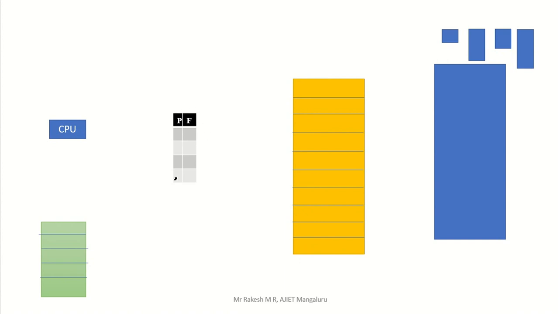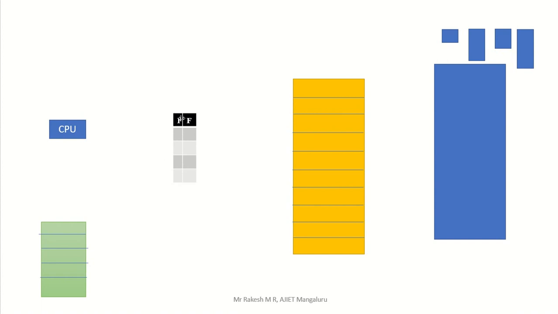The paging concept you have already seen. For memory management purposes, this unit contains a page table. See here, this is the table we have. That is the memory management unit part, which converts the logical address to a physical address. The CPU will generate a logical address that contains a page number, and that page number is sent to the memory management unit. This is called the page table.